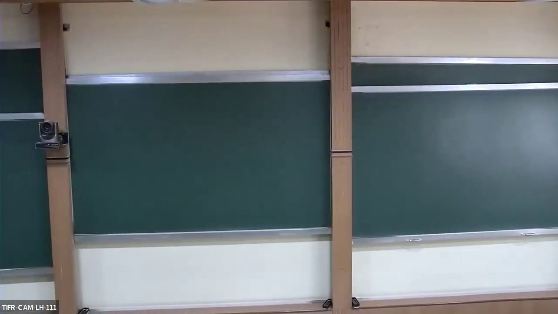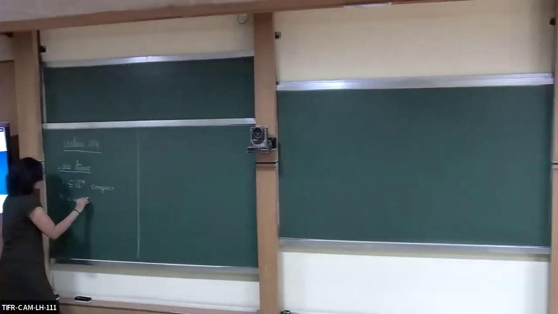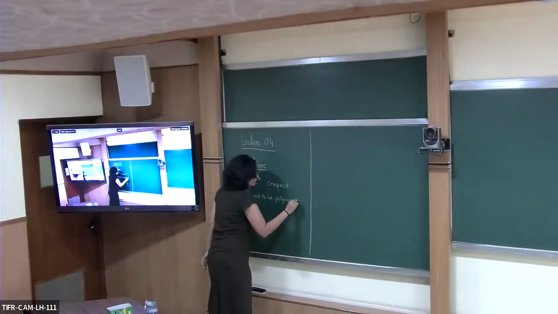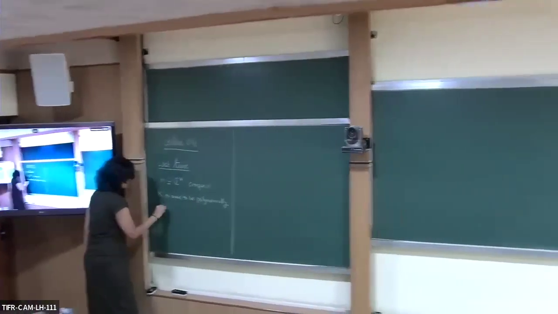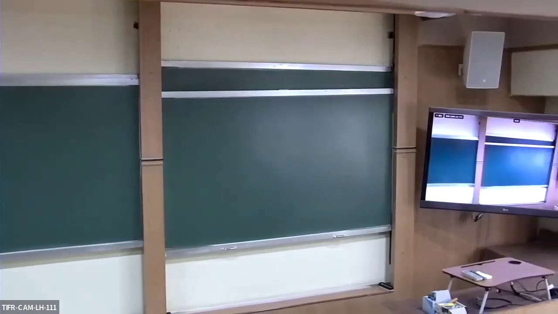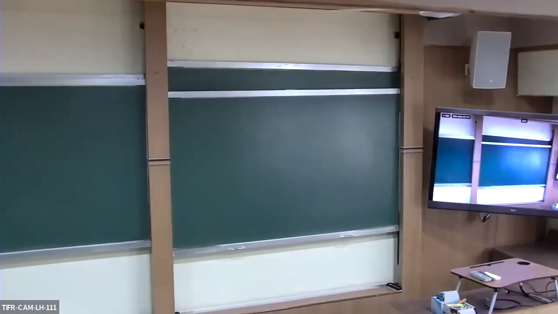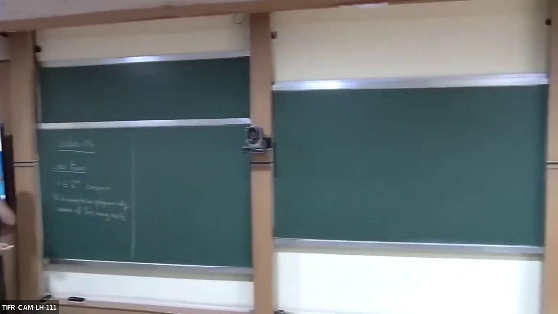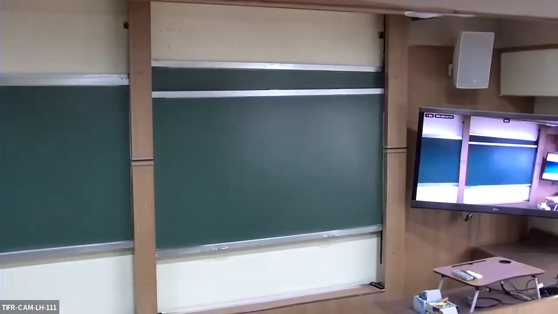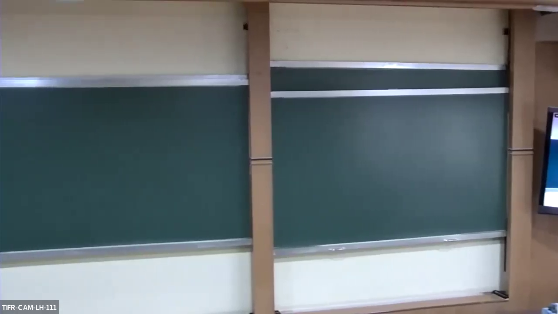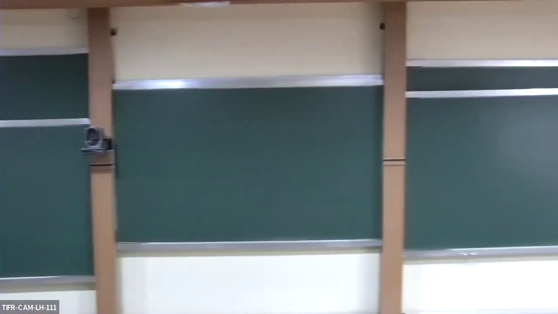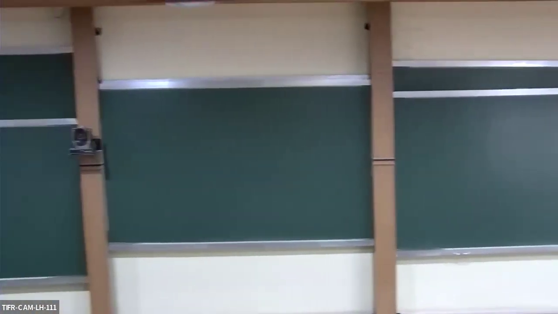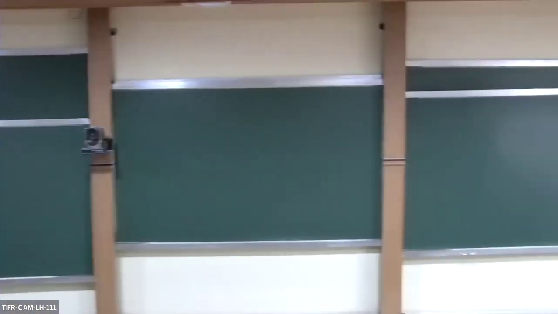K is said to be polynomially convex if for every z in Cn which is not in K, I can find a polynomial P on Cn such that when I evaluate this polynomial at z, in absolute value of,